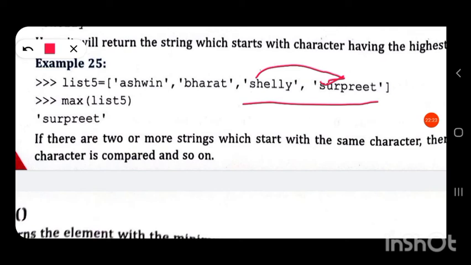Here the second letter is H and here it is U. In alphabetical order, U comes later, so the ASCII value for U is greater than that of H. So the maximum value is Surpreet.